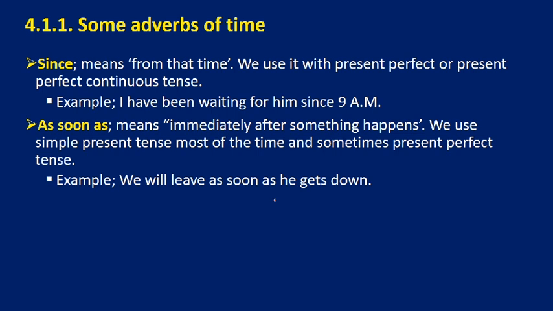Since, we use since usually with present perfect or present perfect continuous tense because it's an action that's still happening or that was still happening, okay, an action that is in continuity. አሁንም እየቀጠለ ያለ action ስለሆነ ነገር ነው የምናወራው ካልሆነ ደግሞ ያኔ እየቀጠለ የነበረ action, it's a continuous action but it's in